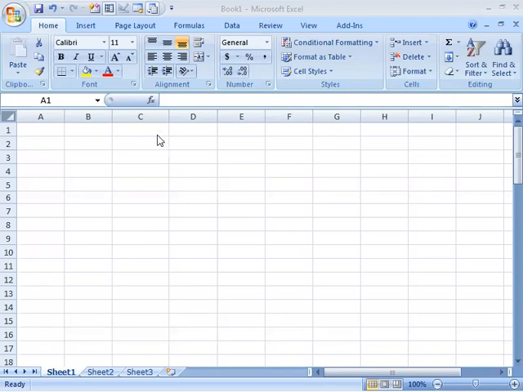Today I am going to show you how to prepare a loan amortization schedule using Excel. So I have taken a simple example here. Let's say you want to borrow 100,000. The loan amount is 100,000, and let's say you expect to repay as monthly installments over a 5 years period.